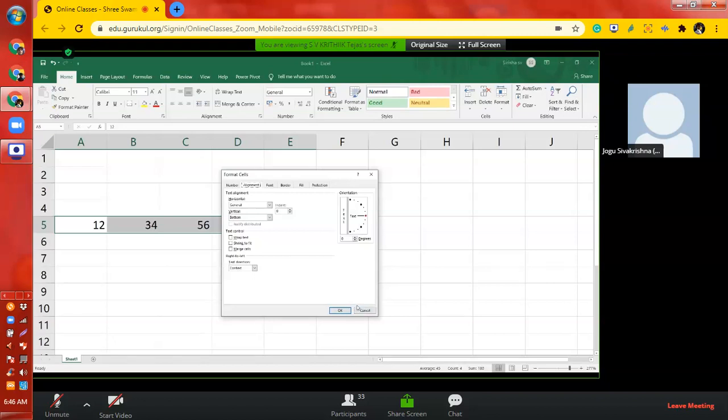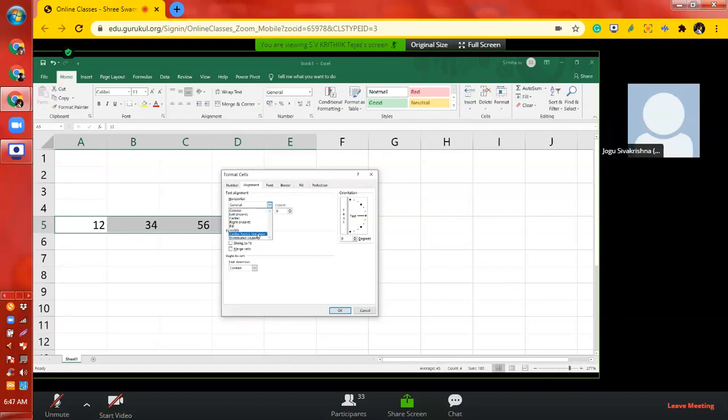So horizontally, you can select the drop down arrow beside horizontal. The one above is vertical. You have left, center, right, fill, justify, and some others.